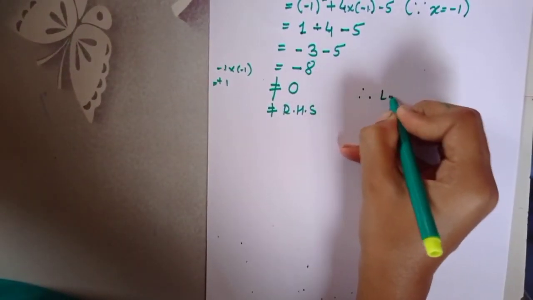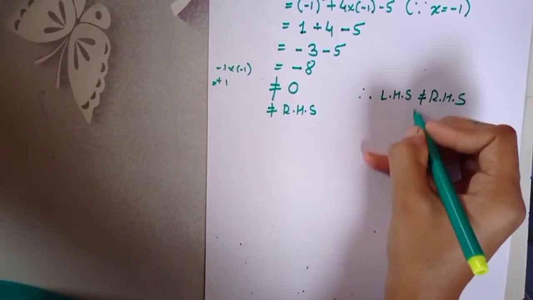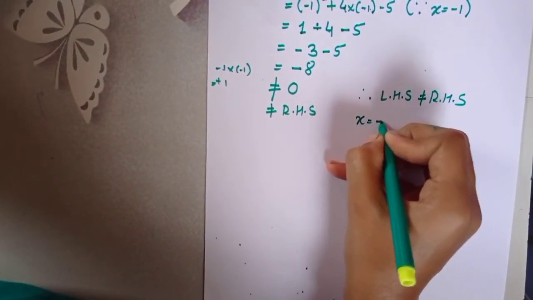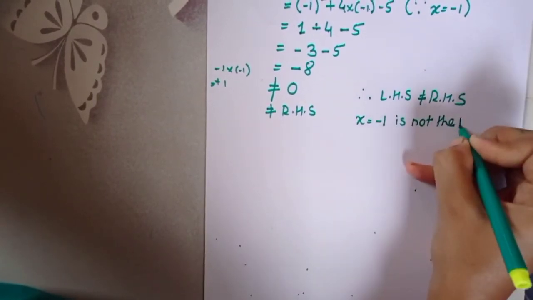Here LHS is not equal to RHS, so it concludes that x is equal to minus 1 is not a root of